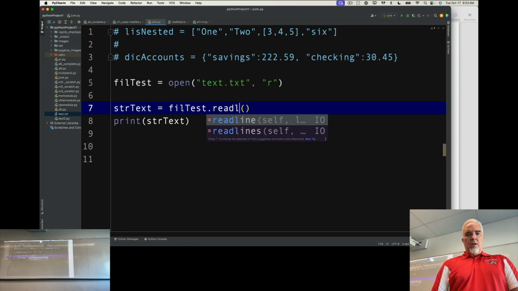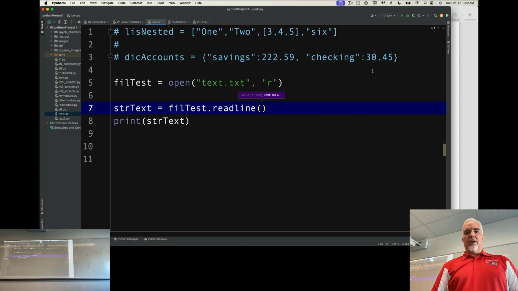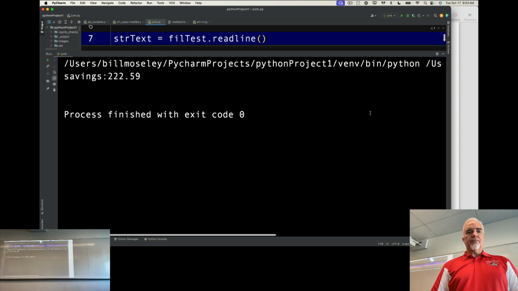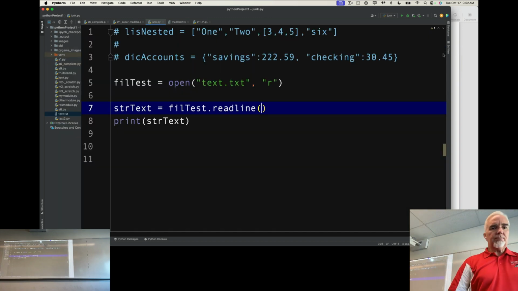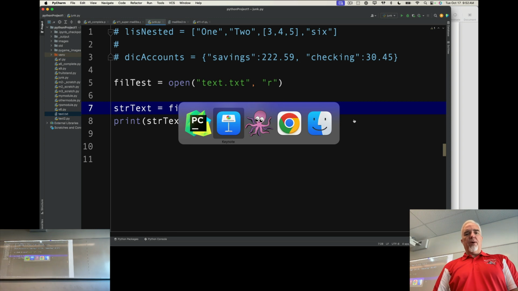Or I can print only the first line of that file. It's all pretty simple and allows me quite a bit of flexibility. So what if I want to